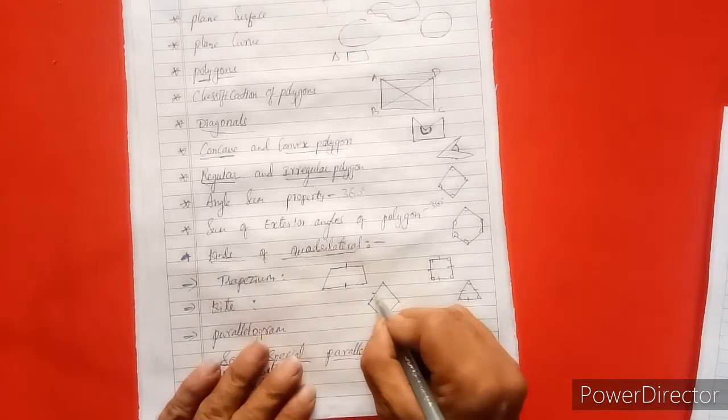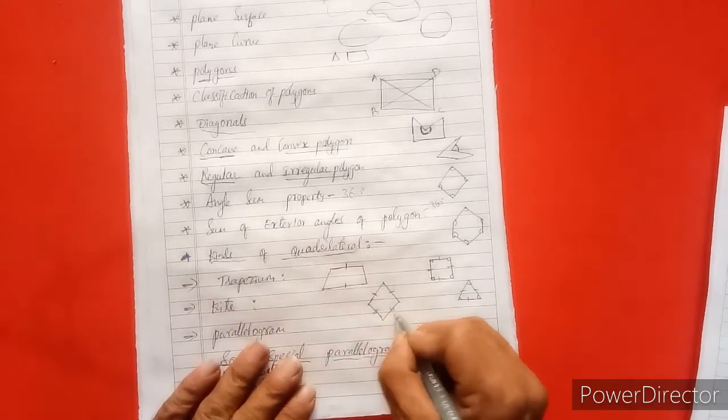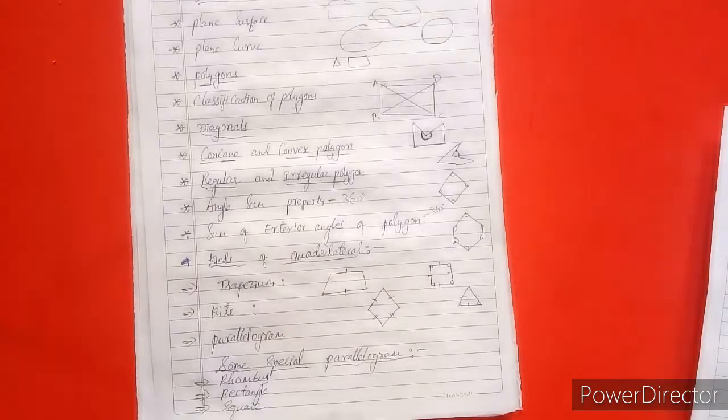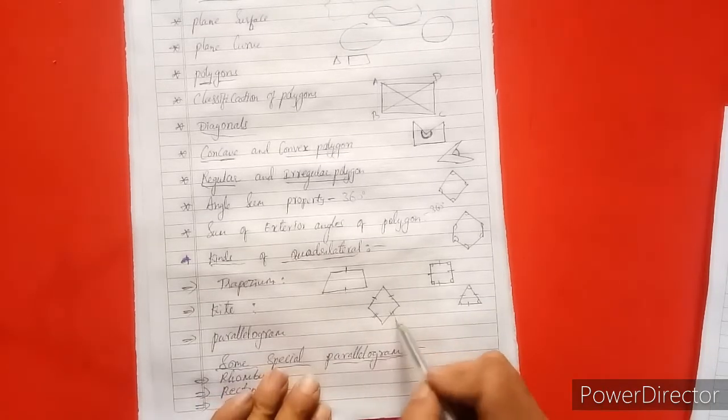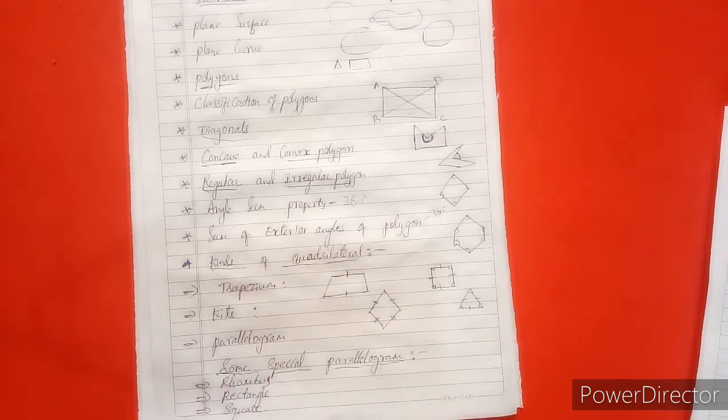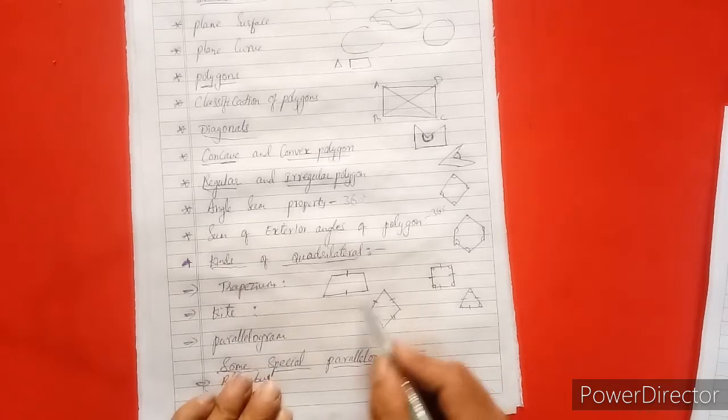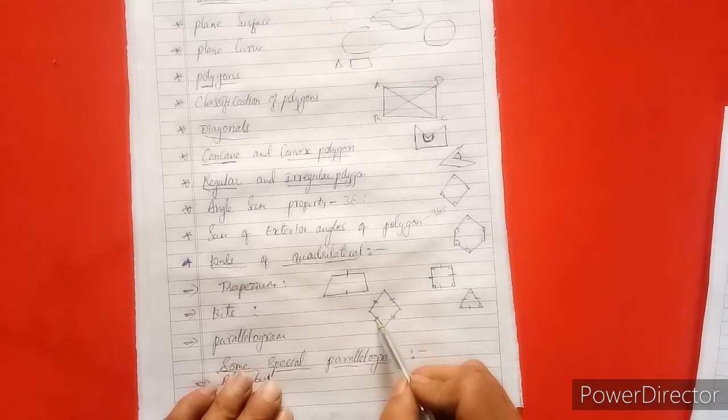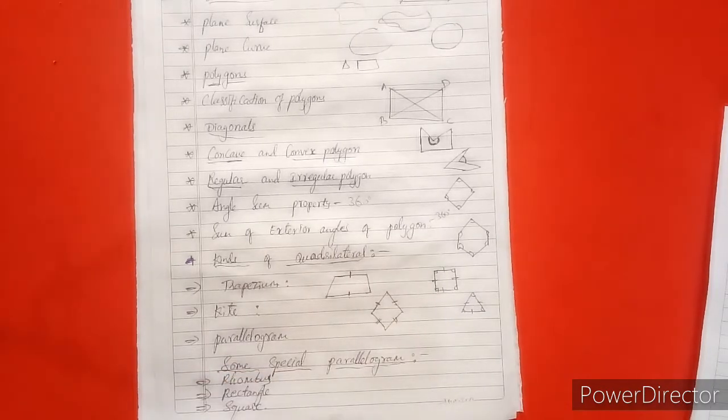So this side is equal to this side, and this side is equal to this side. A kite has four sides. There are exactly two distinct consecutive pairs of sides that are equal in length. This side is equal to this, and these two consecutive sides are equal. That is, consecutive pairs of sides are equal in length. So we can easily find this to this and these two. We get two distinct consecutive pairs of sides that are equal.